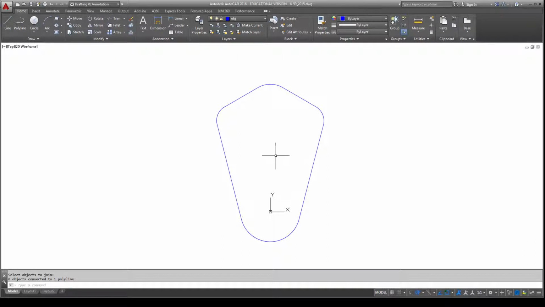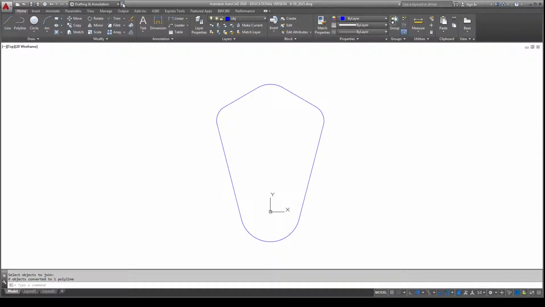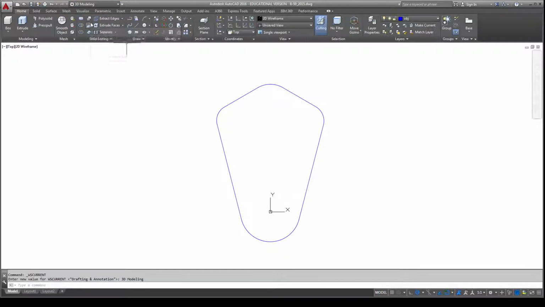I want to give it some thickness and give it a 3D shape. So I'm going to go to my 3D modeling workspace. Now if you don't see workspace, you want to make sure that's checked from that pull down. And then I can pull down the list of workspaces once I have that, and I'll choose 3D modeling. Okay, so in my 3D modeling, I can choose the extrude tool in the modeling section of the home ribbon,